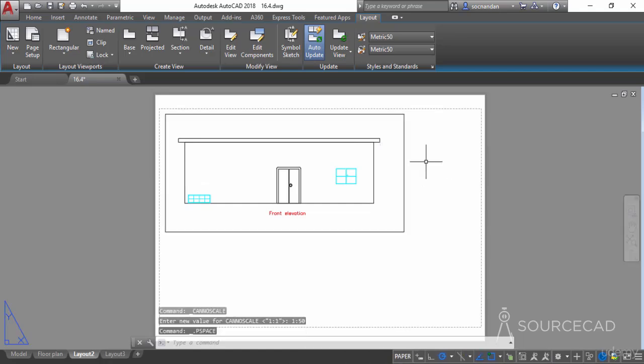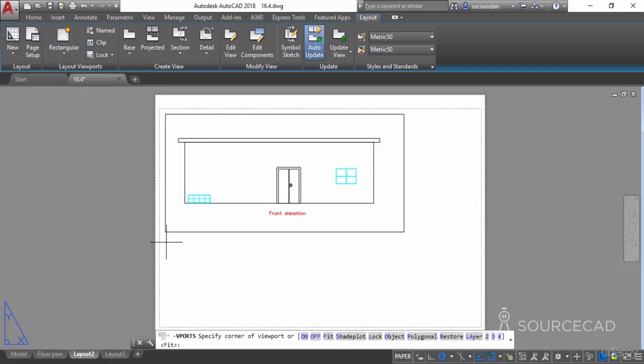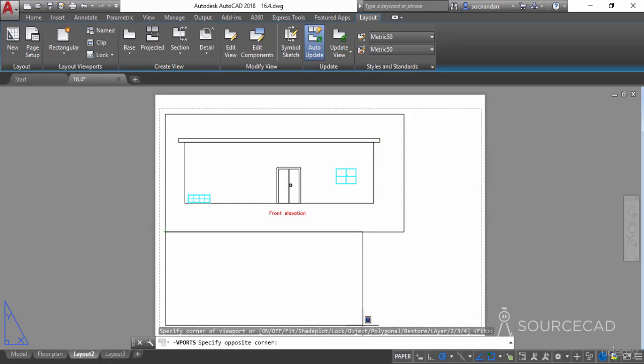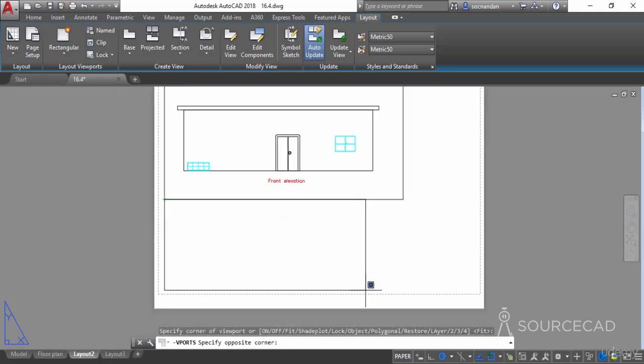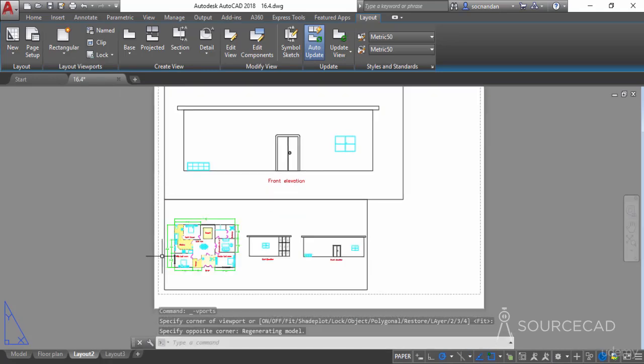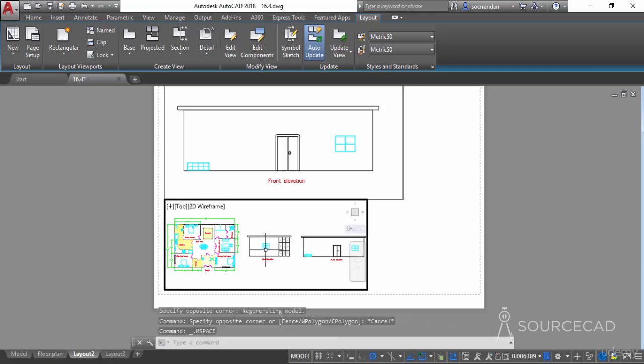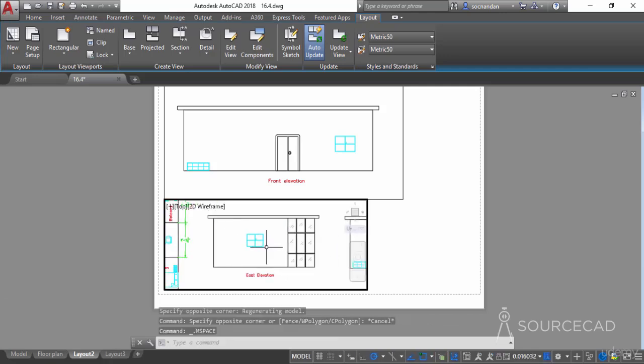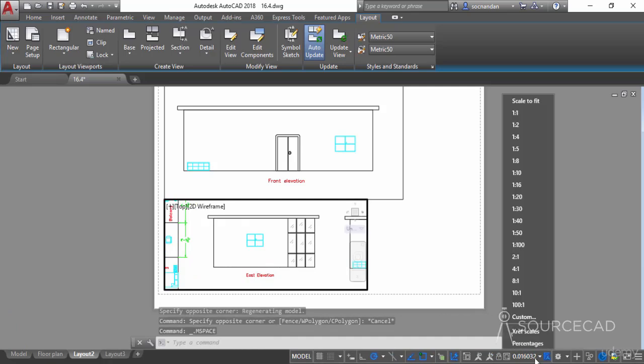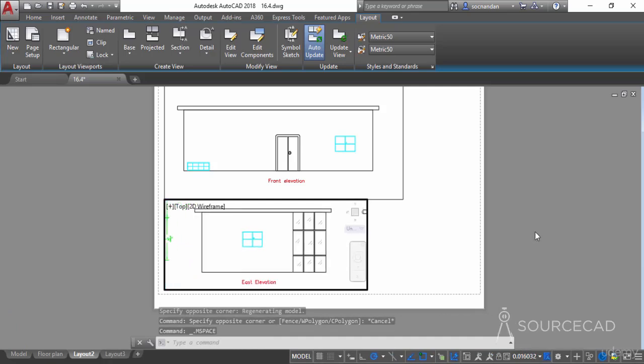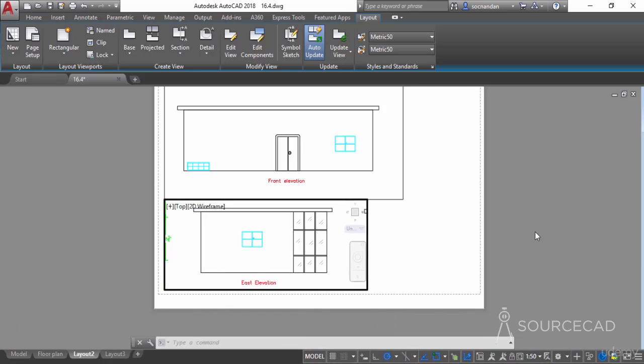Now double click outside and let's create another viewport. So I'll select this point and I'll click somewhere over here and make sure all of these viewports are within the plotter margin. Now I'll double click inside, I'll zoom into this area, the east elevation, and I'll set its scale. So I'll once again go to this option, I'll change it to 1:50, and this looks just right, but